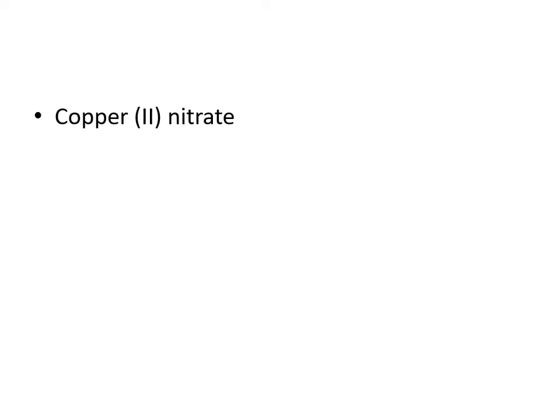Okay, our next example is copper(II) nitrate. And notice that you have a Roman numeral, so you know this is one of those multi-charged elements, so I have to be careful with my charges, which one I choose. So the first thing I'm going to do is write down my element symbols as usual. Copper is Cu, nitrate is NO3. Now, nitrate has an ionic charge of 1-. Copper has the possibility of being a 2+ charge or a 1+ charge. I know based on the Roman numeral that this has to be the 2+ charge, so I indicate that in my